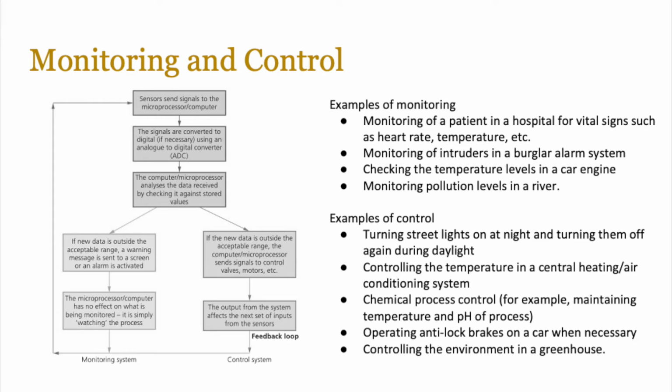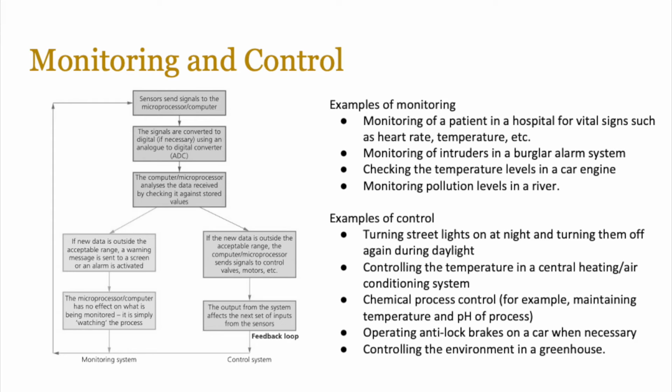So what actually happens? Well, sensors send signals to the microprocessor. They detect whatever's happening and they pass it on. The signals are converted to digital if needed using an analog to digital converter. The computer's CPU or microprocessor analyzes the data that's received and it checks against some stored values. And for a monitoring system, if the new data is outside the acceptable range, normally a warning message is sent to the screen or an alarm is activated. The CPU or the microprocessor has no effect on what is monitored, it's simply watching the process,